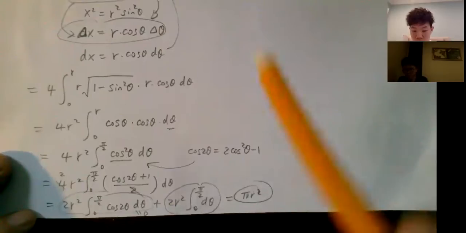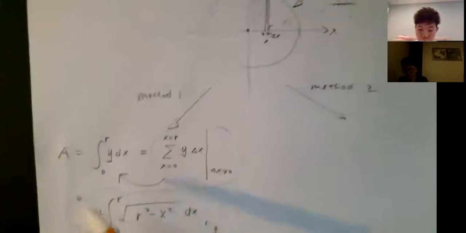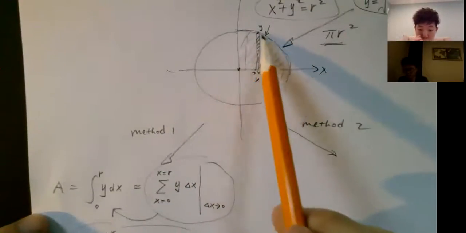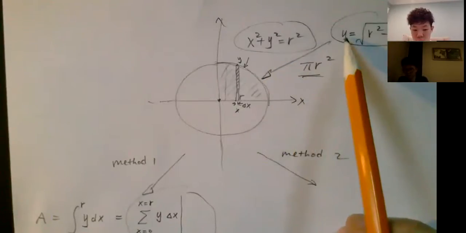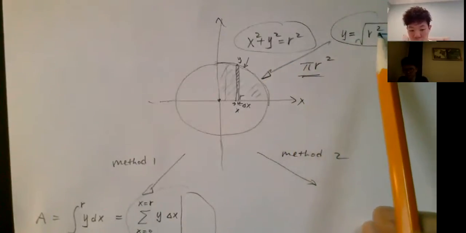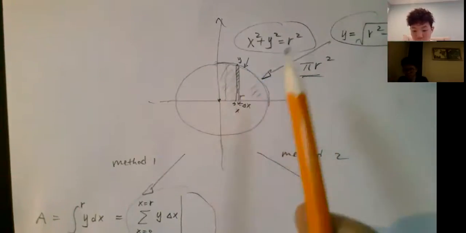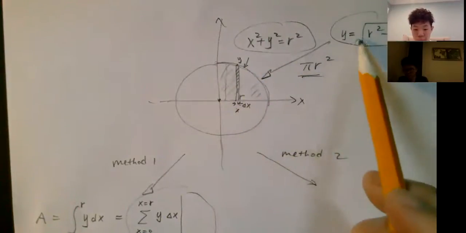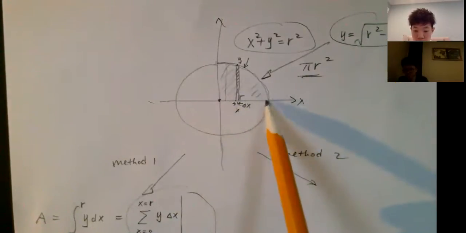So let's go back step by step one more time, okay? We want to calculate the area underneath this curve, which is described by the function y equals square root of r squared minus x squared. So for the area underneath, we are doing this function's integral from this location to this location,